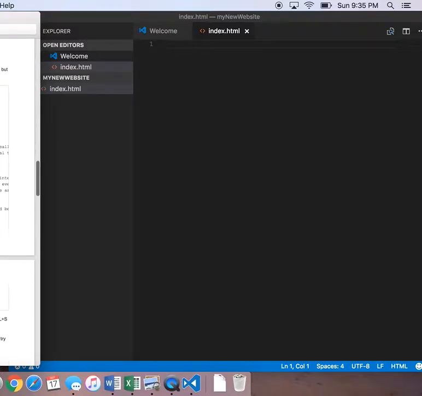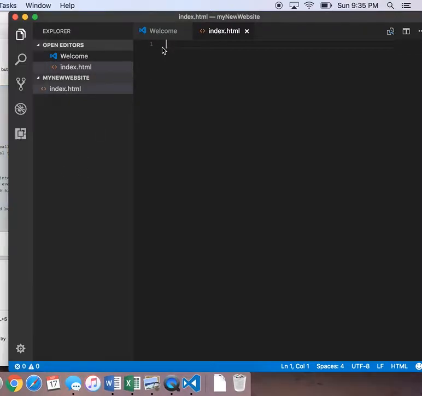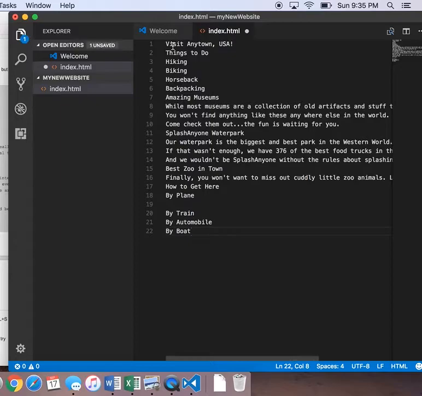Instead of you having to type your code, I've given you something that you can copy and paste for your first website. Go ahead and copy and paste the code. Actually, it's not code quite yet, but go ahead and copy and paste the section about Visit Anytown, USA into